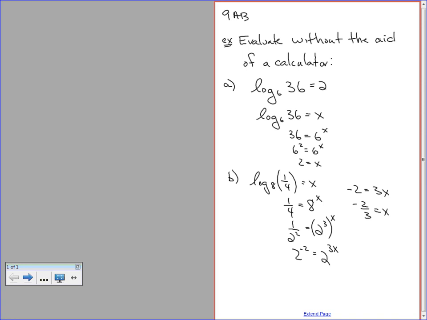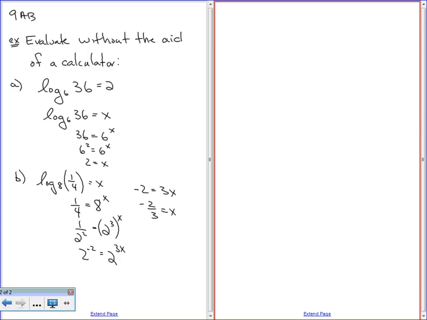So if you get a question like this on a test, you're going to want to see work. It's going to be worth 2 marks, 1 for the answer and 1 for the process. Any questions on that? Okay. Now I'm just going to use some evaluating skills that we learned in order to generalize some rules for solving logarithmic expressions. If I ask what the answer to this question is,